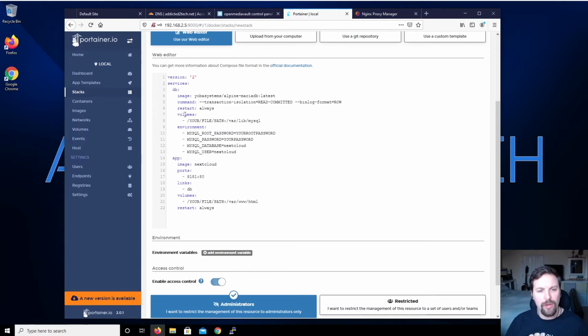Just looking down here where it says volumes. Now, anything before this colon here is your file path, and anything after is within the Docker. So this is always outside of the Docker, and this is in the Docker, inside the container. So what we're going to do is replace this part here with our path name to our